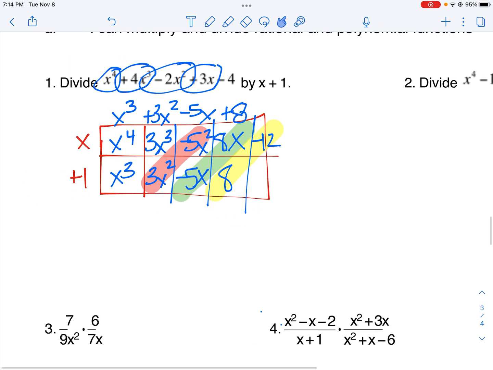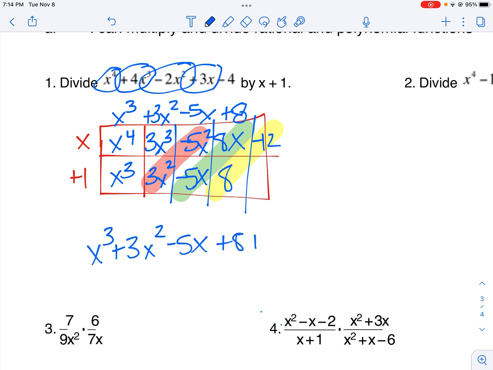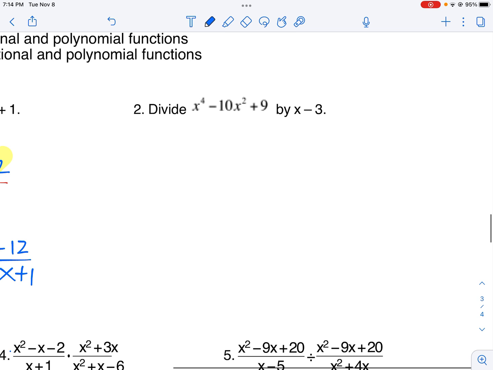So our final answer, if we were to write it out, would be x cubed plus 3x squared minus 5x plus 8 plus a remainder of -12 over x plus 1. So if we take a look at the division here,